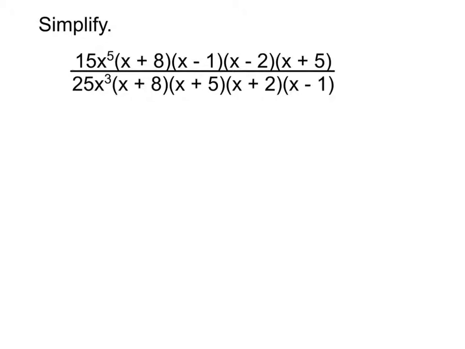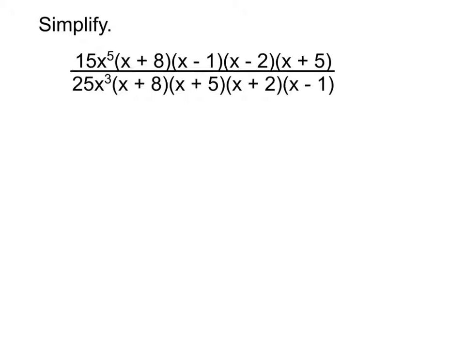All right, so for this first problem, at first glance, it can look really chaotic. It can look like there's a ton of stuff going on, and in some ways there is, but the problem itself is actually fairly simple. Because when we go to simplify it, we're just looking to see anything that is being multiplied into both the top and the bottom, because if it's multiplied into the entire top and the entire bottom, we can cancel it